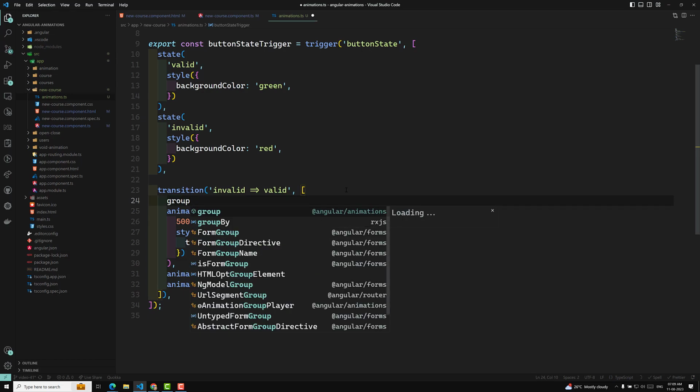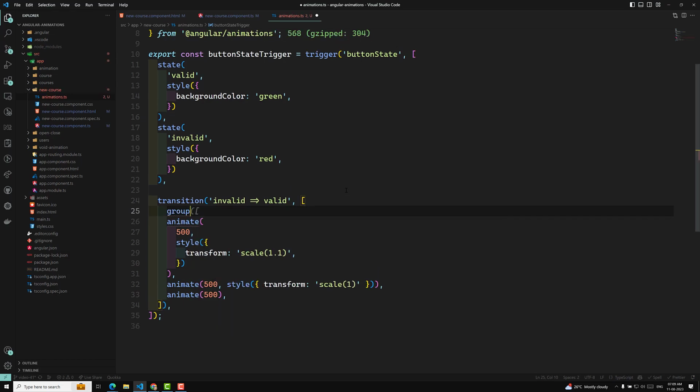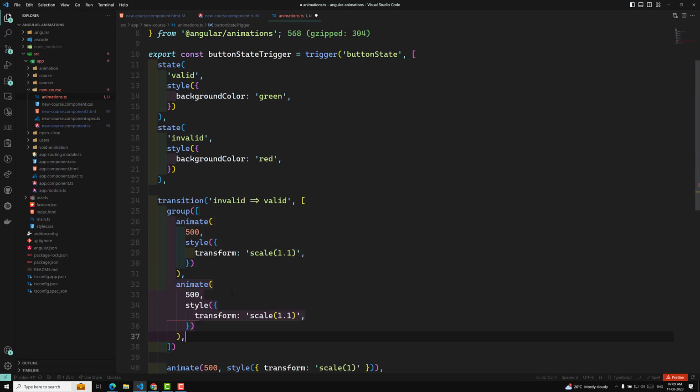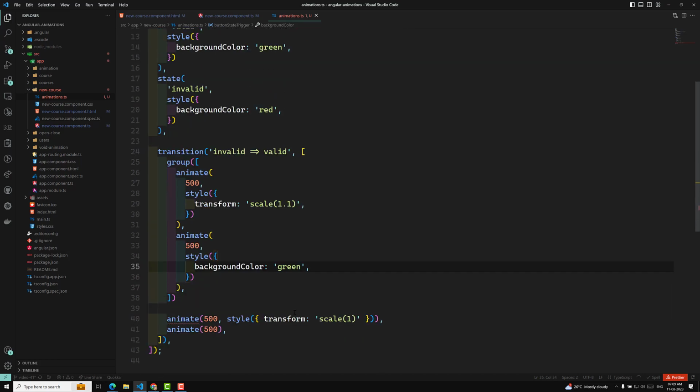Okay, this also should be imported from the Angular/animations. So group will take an array, and in this one I will move these things into here. Also, I will animate the background color to green. So here I will convert this background color to green. That's it. So now I am doing both things at a time, and here I will put a comma,